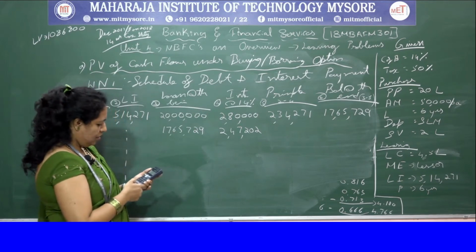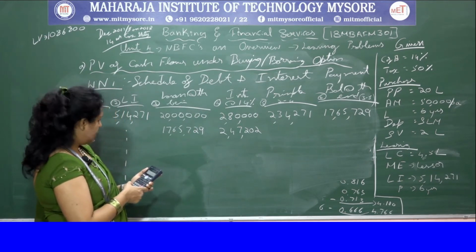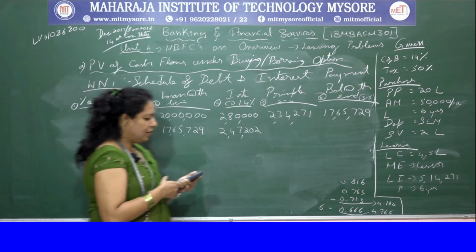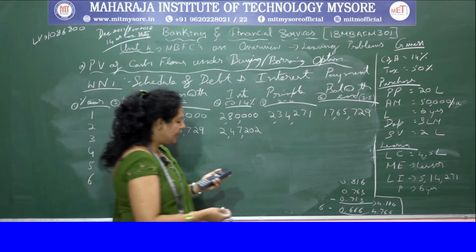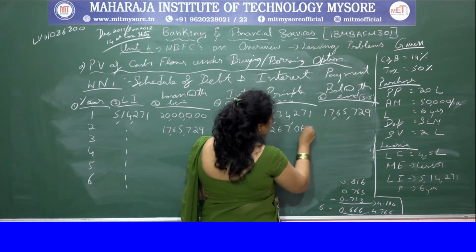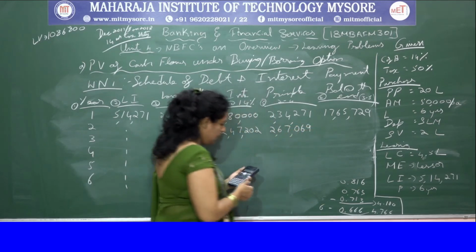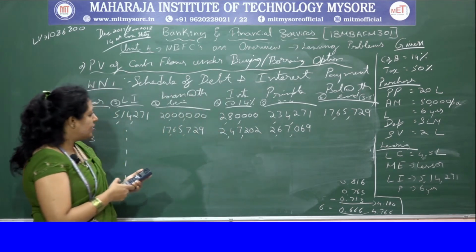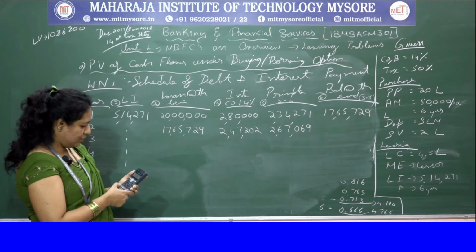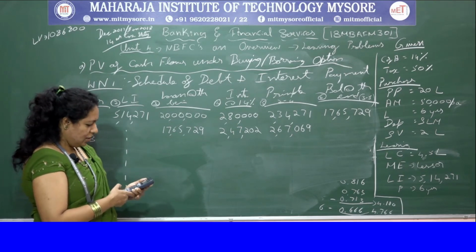Okay, minus 5,14,271. You get 2,67,069. From this we have to minus 17,65,729. You get